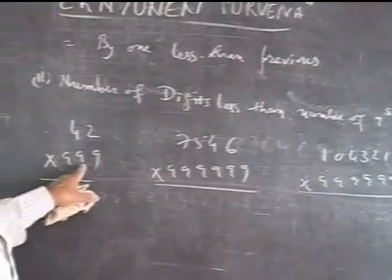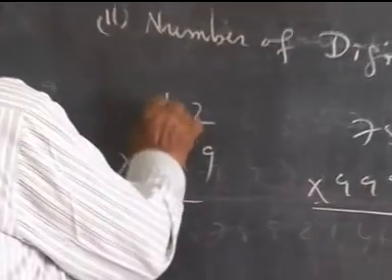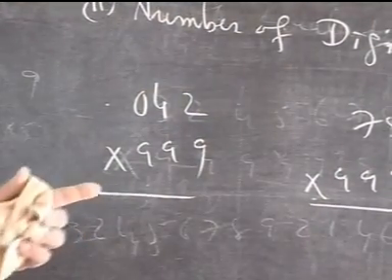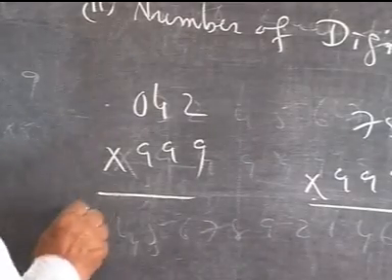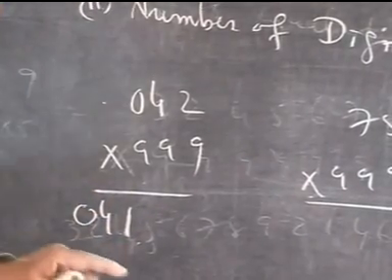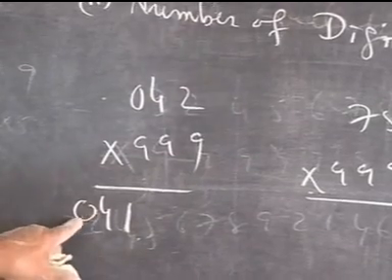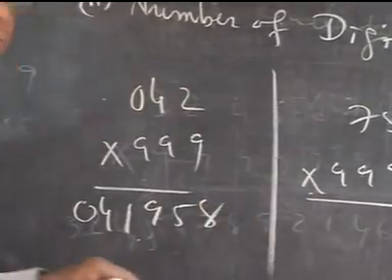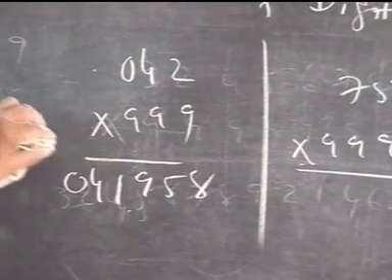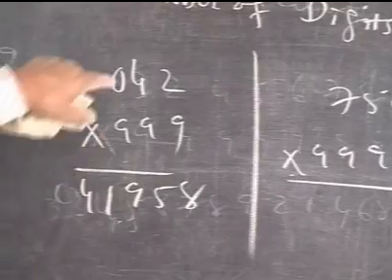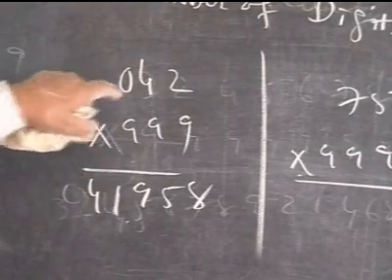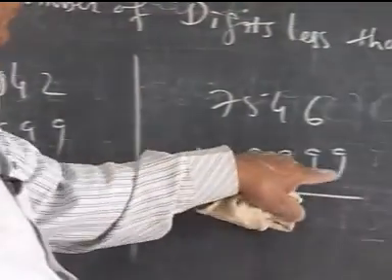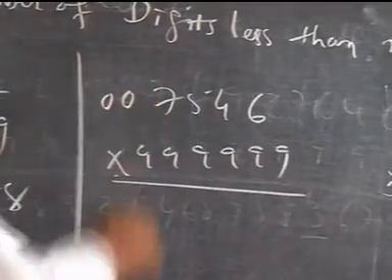Here are 3 nines, here are 2 digits, place 0 before it. You can understand orally also. So it is 042, subtract 1, it is 041. Now subtract each from 9, so it is 958 is the answer. You don't need to put 0. If you can understand there are 3 digits, here will be 0, you must remember there must be 9. So for example here, 7546, you put 2 zeros.